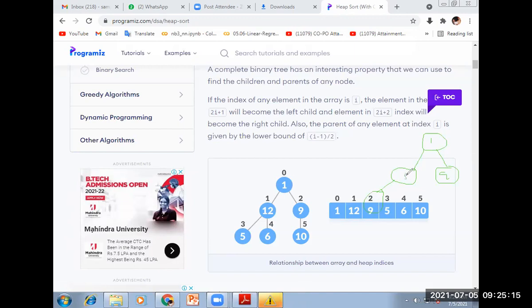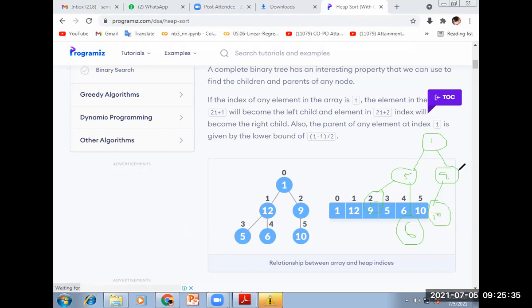Okay, here 5, here 12, because I am constructing the min heap. Okay, next element is 6. This is true because the root element is lesser than this. Okay. Next 10, 10 here. Left, right, left. Okay, so this is our min heap tree. I am constructing it in this way.